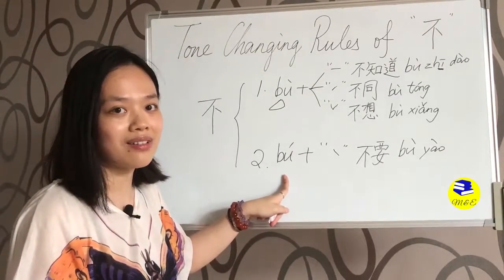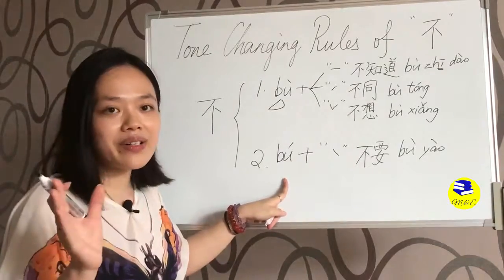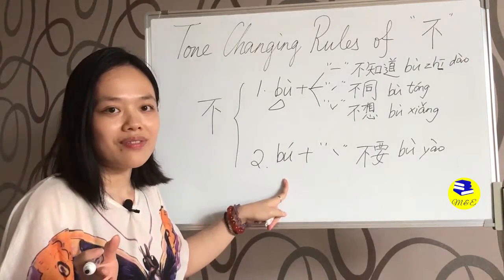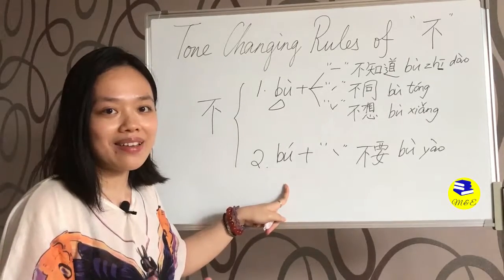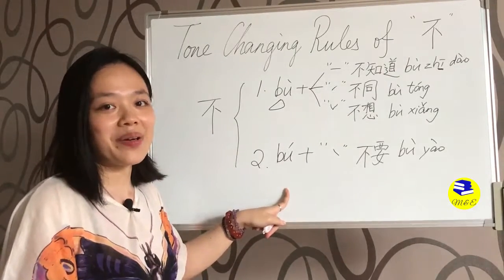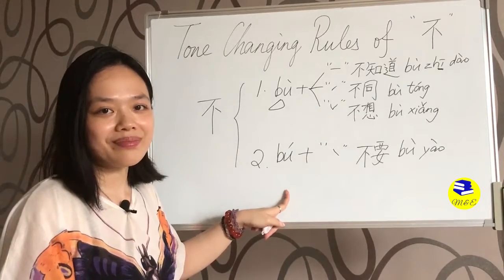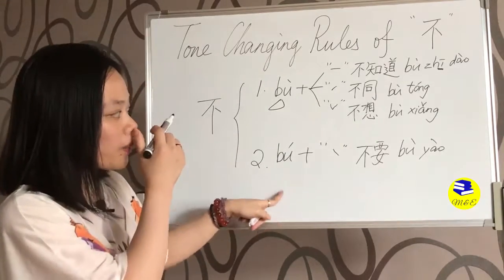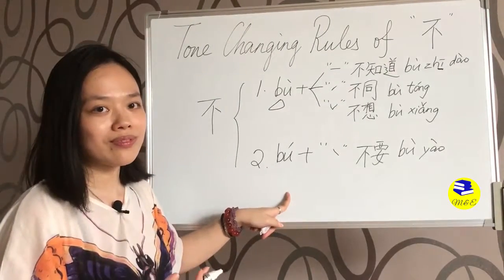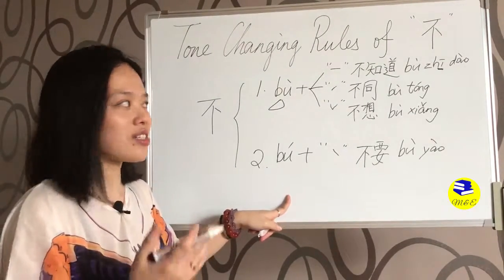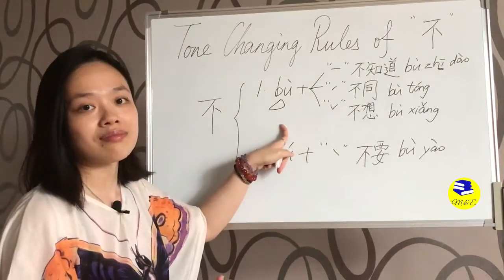That's it. So character bu, its tone changing rule is easy. Easier than the character yi, right? Because only one situation you need to change its tone. In other situation, just keep its original tone. That's it,